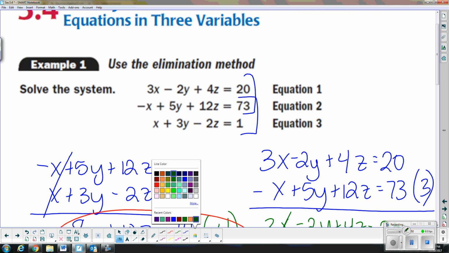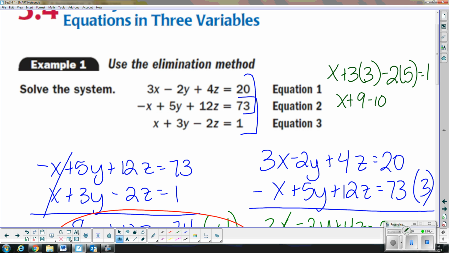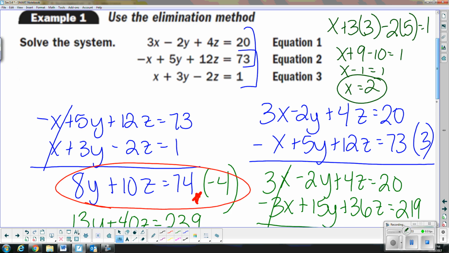Okay, so x, we don't know x yet, but we know y, which is 3, and we know z, which is 5. So x plus 3y minus 2z should equal 1. x plus 9 minus 10 equals 1. Add 1 to both sides, and we get x equals 2. Okay, so our solution for this, our ordered triple,